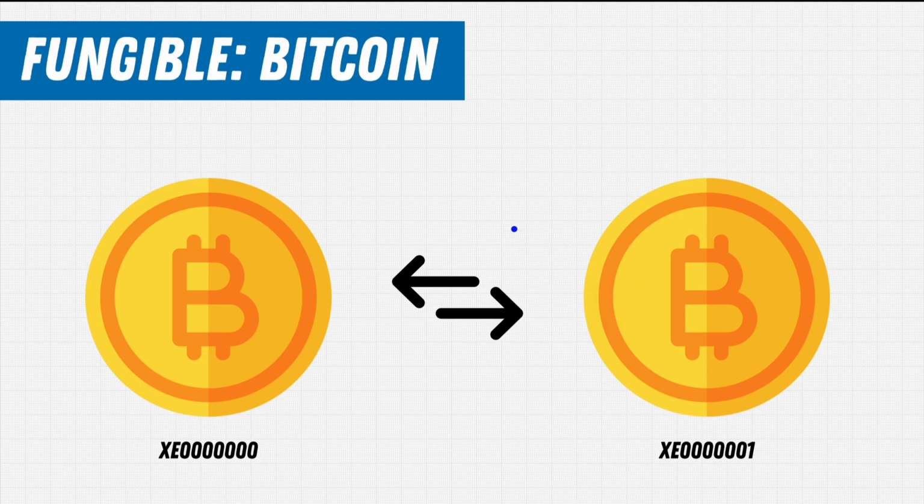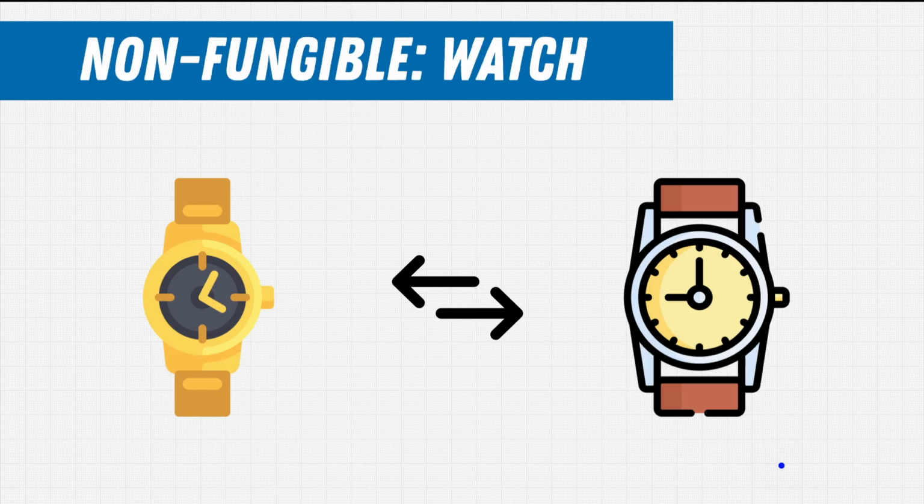So there's weirdness here, but one Bitcoin is equal to one other Bitcoin, irregardless of its serial code, right? Doesn't matter if you had the first Bitcoin ever mined or the last Bitcoin ever mined. The value of one Bitcoin is equal to the value of another Bitcoin. So then we get into the non-fungible territory, right? And we get into this area where we're like, well,